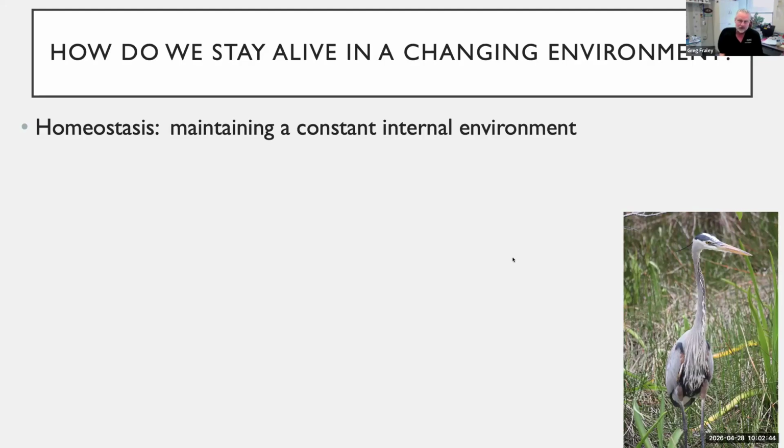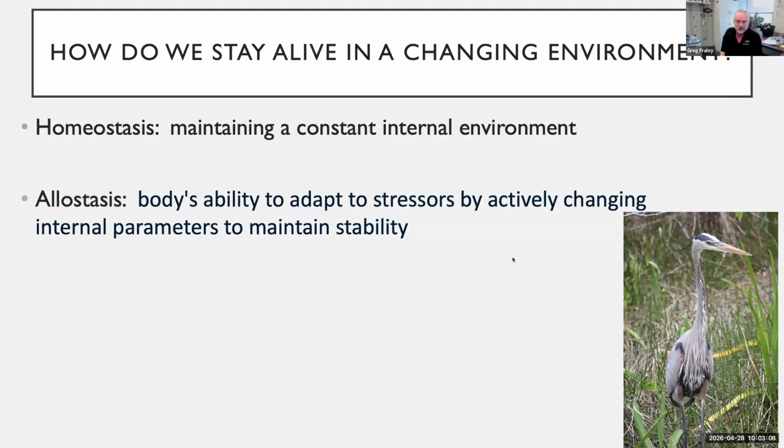A great example is pH. Our body's blood pH needs to be around 7.4. If we get up to around 7.55, you're dead. If you drop below 7.2, you're dead. So we need to maintain this very narrow range of physiological environments. When our external environment changes, there are different ways that we can adapt to those changes to maintain that narrow area of life.